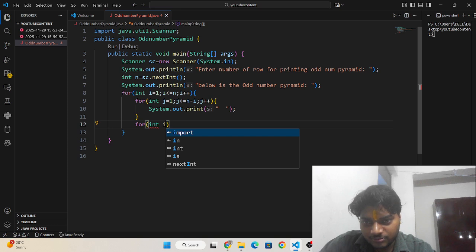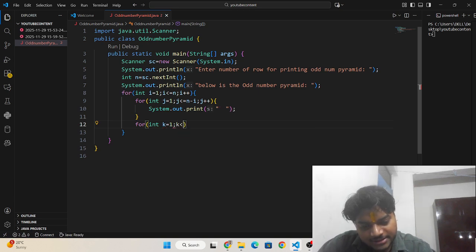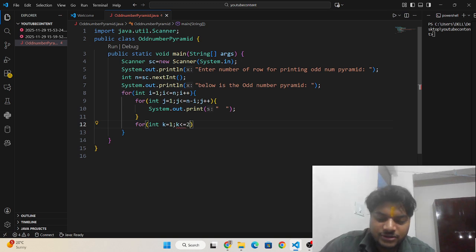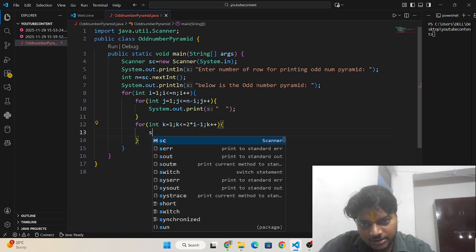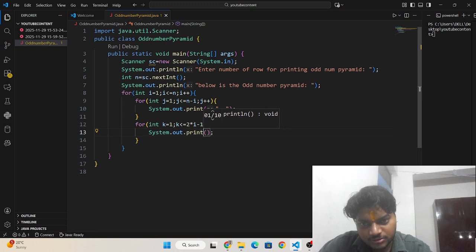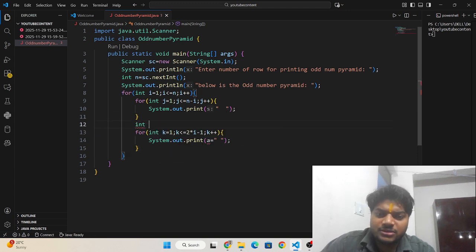So for int, not i, it's another value, it should be another variable k; k <= 2 * i - 1; k++. Then I need to print a with one space, and I need to initialize that variable a with 1.